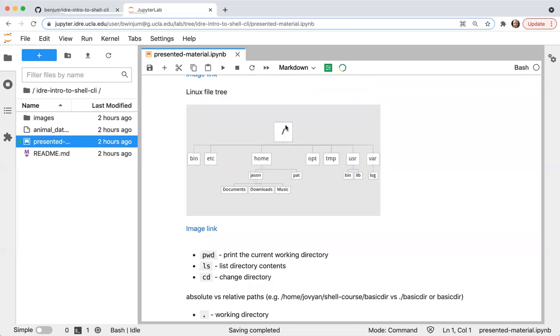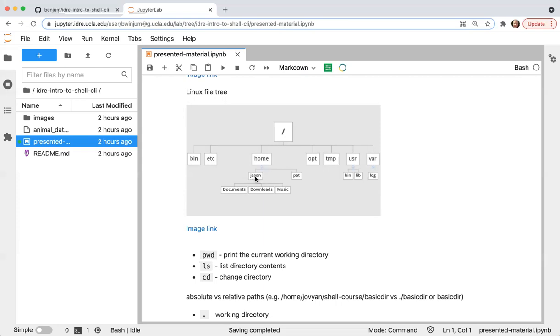So you have this slash, which represents the root. And then inside of the root directory, you have any number of other directories. Inside of those directories, you have other directories. And then you kind of branch out with the tree growing upside down in this direction. The reason it's written this way is that you have parent and child directories, is how they're referred to.